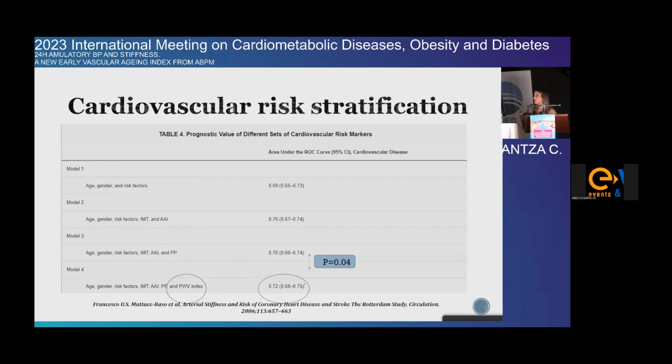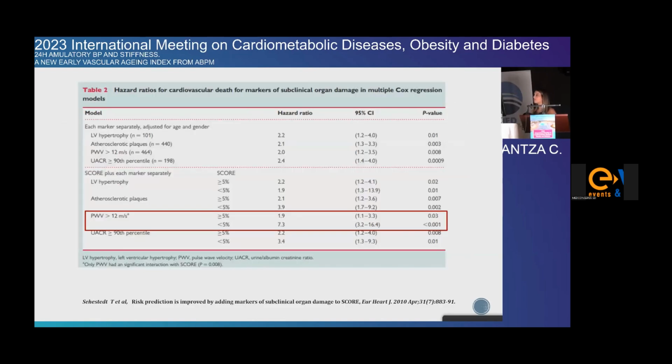And this is statistically different compared to model 3, where pulse wave velocity index is not included. So it is very important in order to understand the cardiovascular risk through early vascular aging. And of course, there is a greater risk for cardiovascular death when we add pulse wave velocity, in stroke also. You can see here that both for stroke under or less than 5%, pulse wave velocity is important, can increase